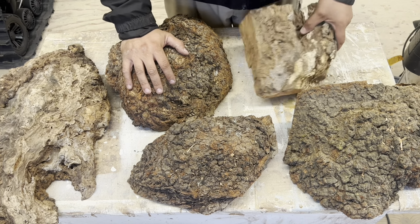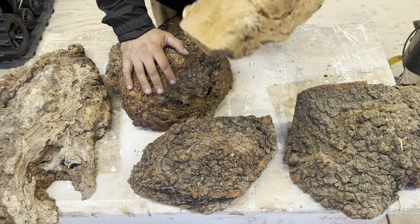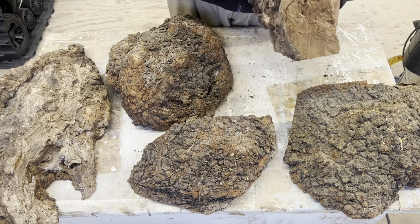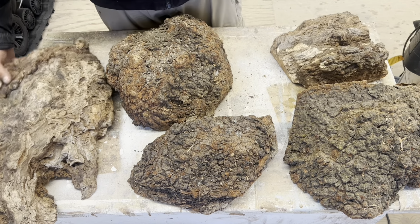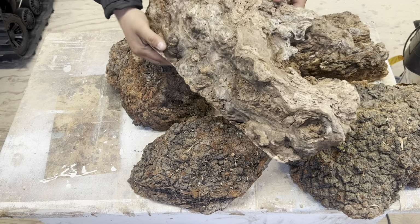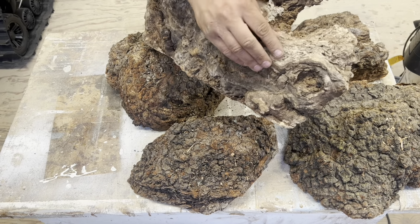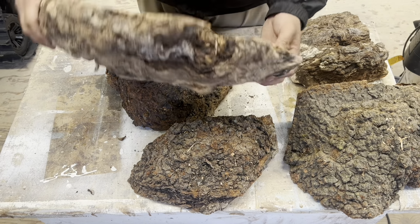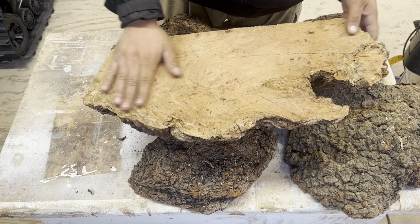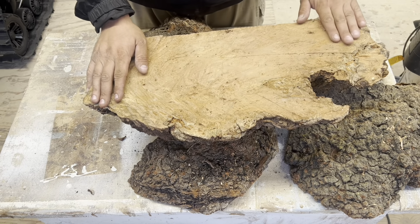Some of them are a little punky. I don't know if they'll be solid enough to work with. So I probably won't use this one. But I'm thinking this one right here. It does have some punkiness on the outside, but I think when you get inside of it, it's gonna be good, because all right here is all nice and solid wood, and it's got really nice figure in it. So I'm thinking